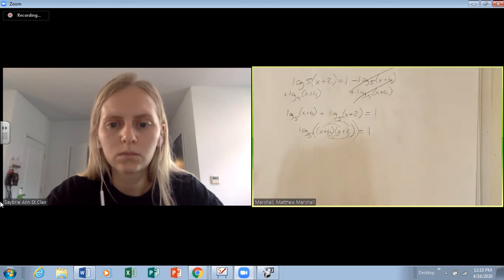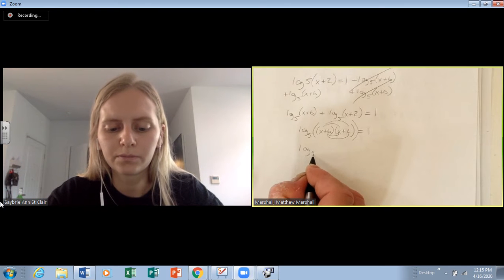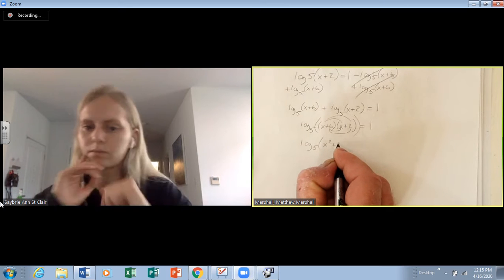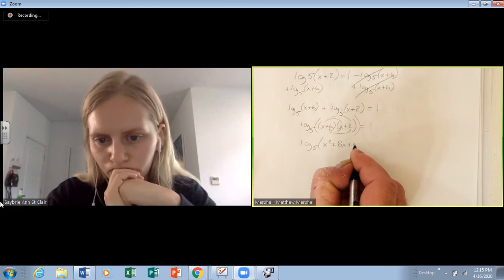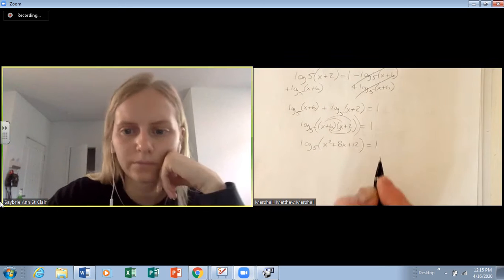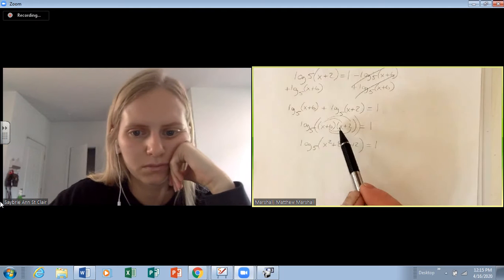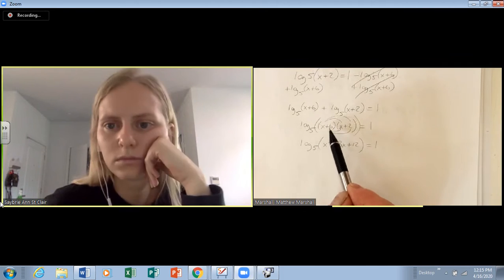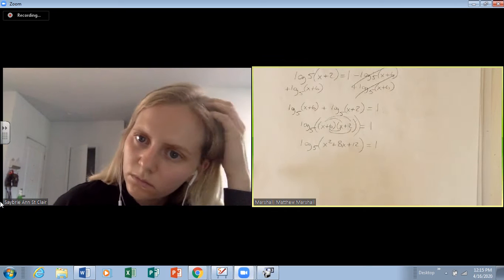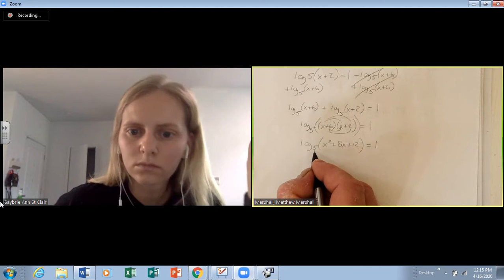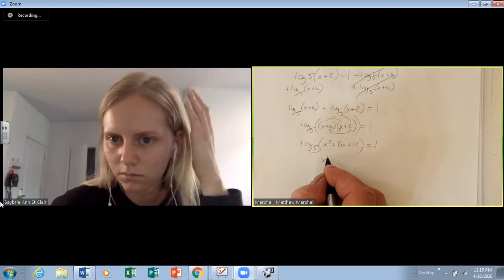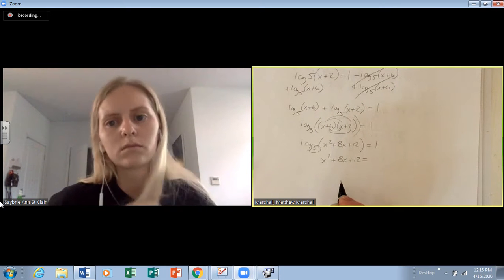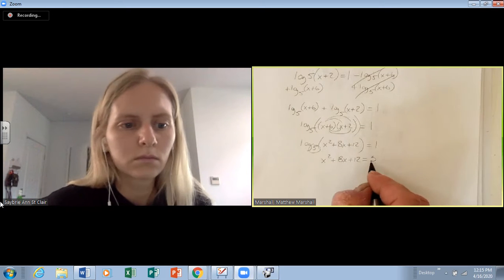So when I FOIL that inside there, I get log base 5 of x squared plus 8x plus 12. That comes from x squared, 2x, 6x, that's where I get the 8x. And then 6 times 2, that's where I get the 12. And now my trick is I write this as x squared plus 8x plus 12, but now I don't have to pay equal attention to this number as the base with this number as the power,